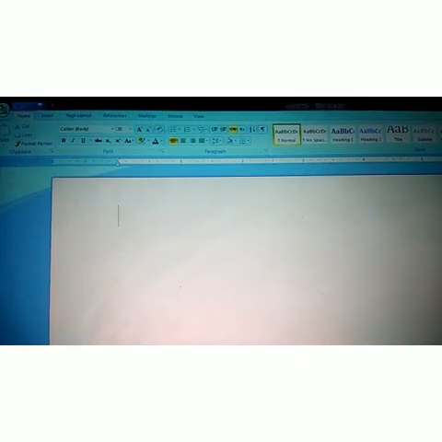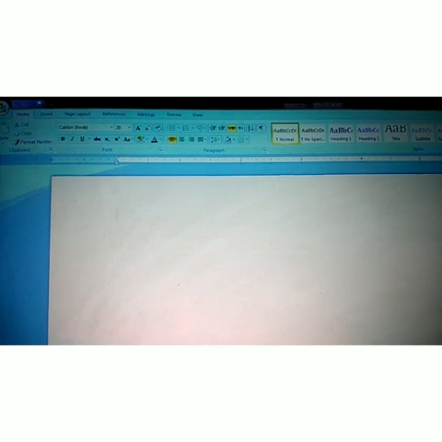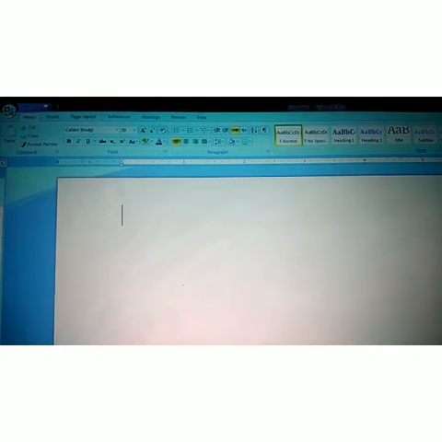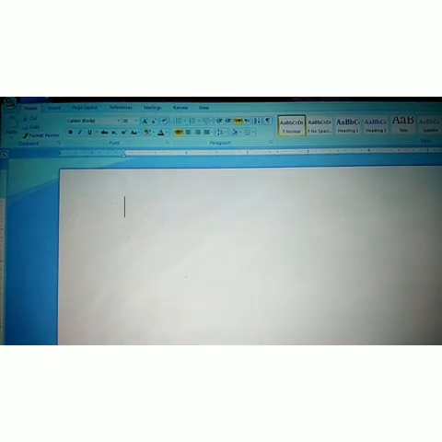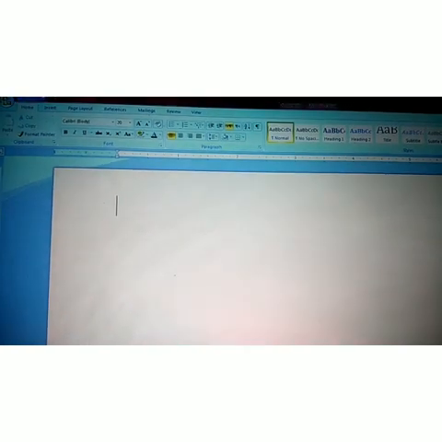So students, let's see how to write properly in a blank document in MS Word. See properly, I am going to type two lines related to MS Word.